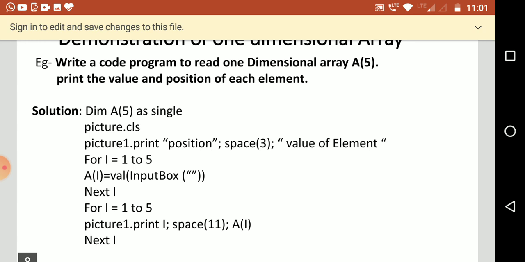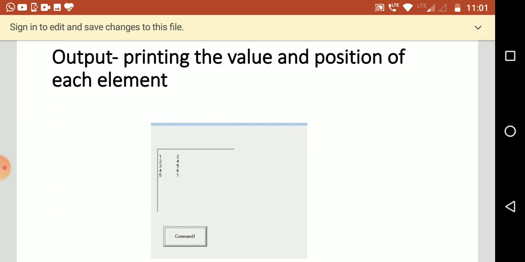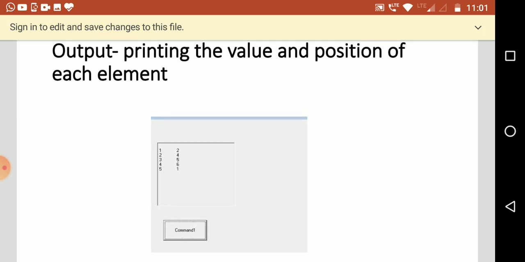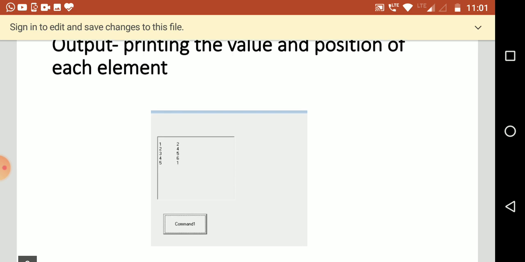Here you are going to print the value and its position. You can just try this code in the VB application and see the array value and the position being printed. So this is the output. 1, 2, 3, 4, 5 in the first column, 2, 4, 5, 6, 1. So it mentions the position of the array.